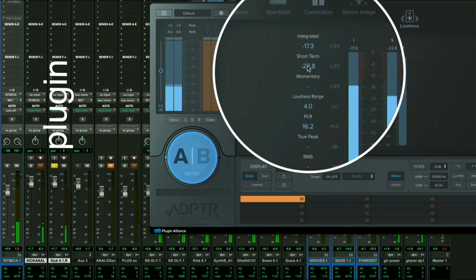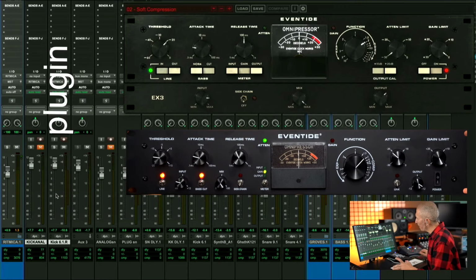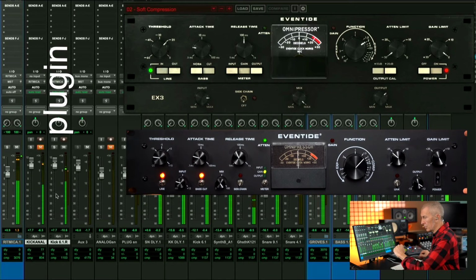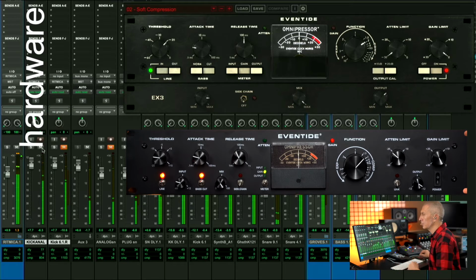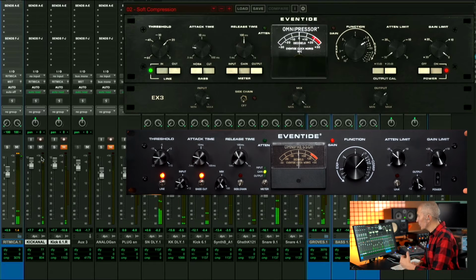Exactly the same, minus 22.8. Let's listen starting from the plugin. The difference is not incredible if you are not used to listening to certain details.